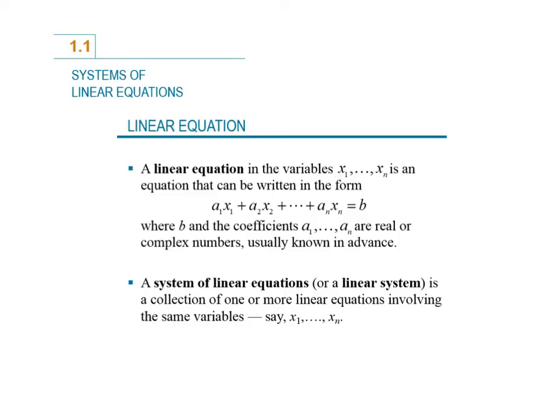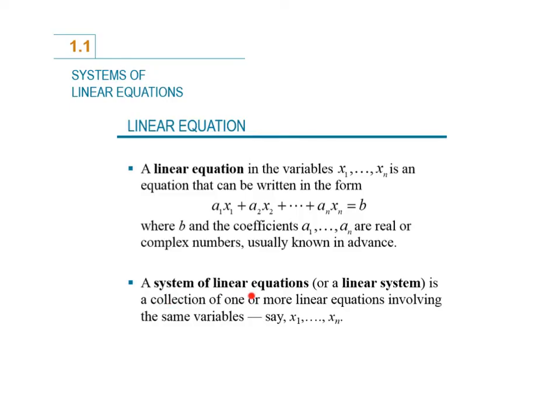This is in place of, in other courses, x, y, z, a, b, c. We use x's with subscripts in this course. And it's an equation that can be written in this form. That's a linear equation. Those are all subscripts, no superscripts, right? X squared, x cubed, we're not going to see that. Okay, so we have our coefficients, a1 through an. And again, our variables x1 through xn, and b is also a constant there on the right-hand side of the